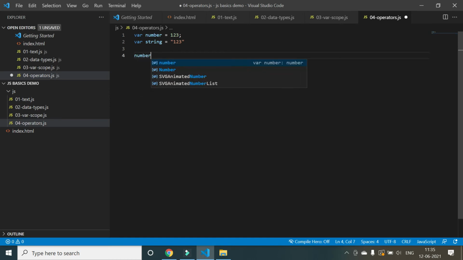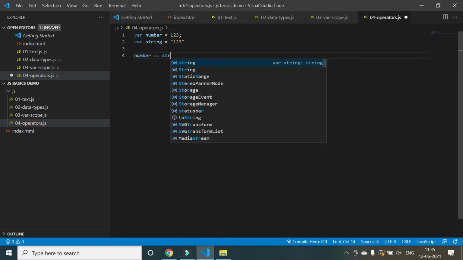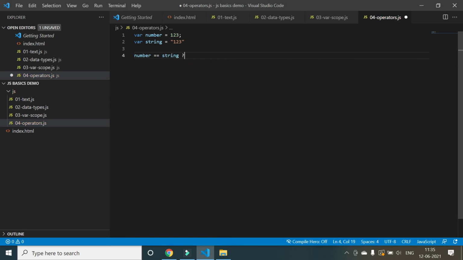You can say number equal to string, then put a question mark, and then console.log. After the question mark comes what should happen if this condition is satisfied. You say true, condition is true.